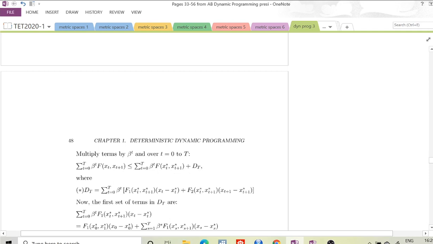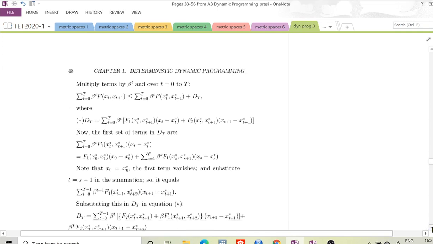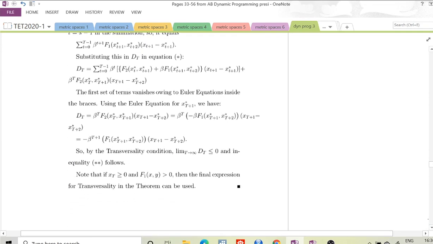And this last term is something which is less than or equal to 0. But that means that any other feasible path must give a discounted present value which is less than or equal to that given by x tilde star. So x tilde star is optimal. Right? So, here is an interpretation of